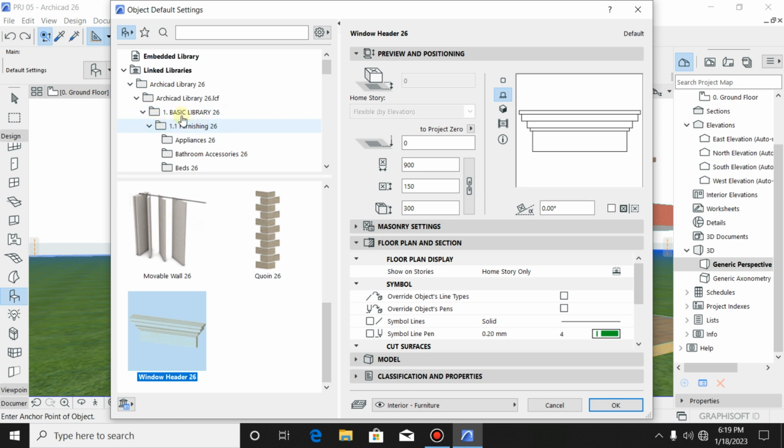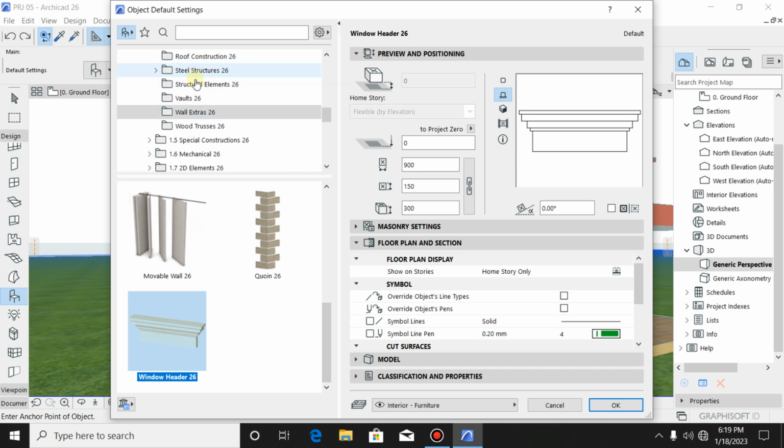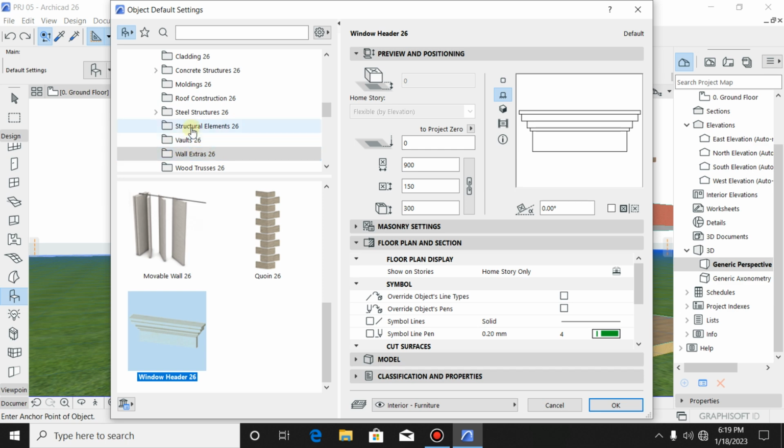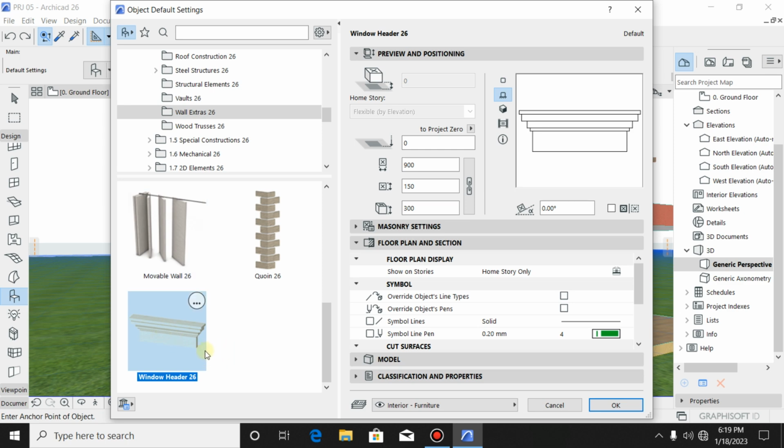Then you go to basic library and navigate to wall extras, which is under steel structures. So you go to wall extras, you will find your window header, and over here on the right hand side